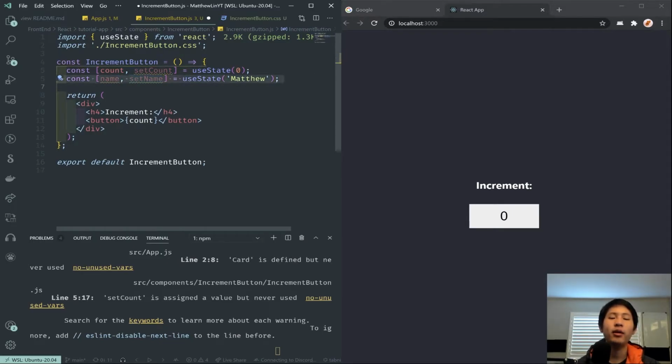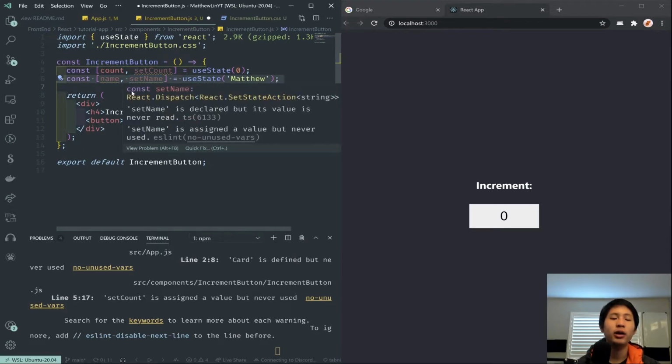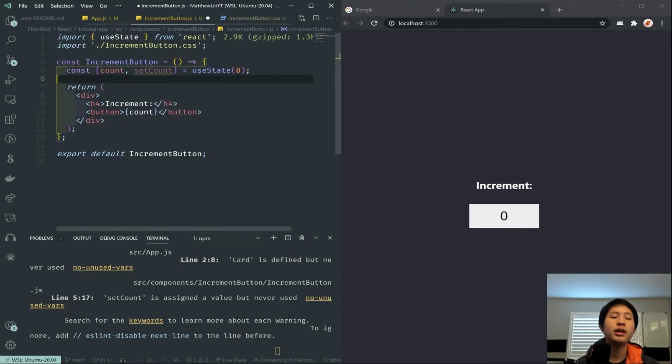And the set name function will update the value of Matthew. And notice this is a standard here. You should name it like this. There's no developer who doesn't, no reasonable one. But you could name this whatever you want, obviously, because this is array unpacking. That's why we can put whatever we want in here, which usually is the name of a variable and then set,